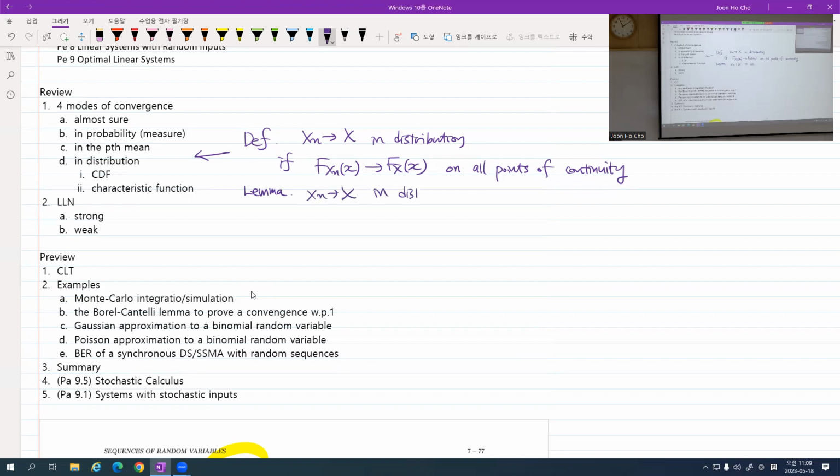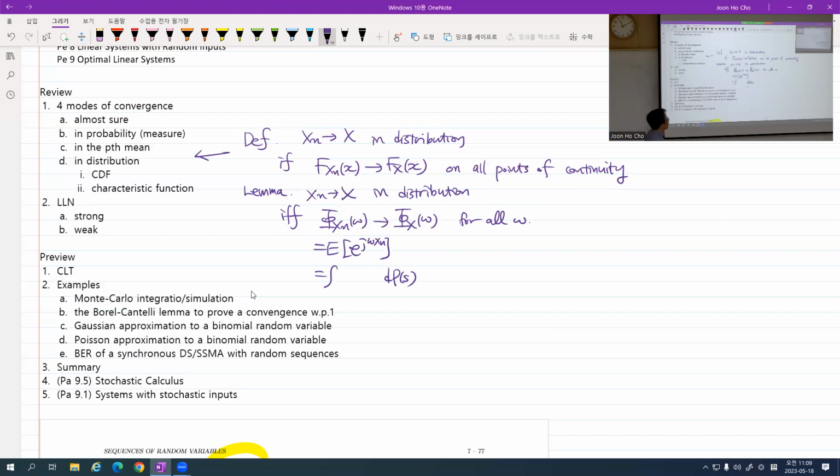The sequence of random variables converges in distribution if and only if the sequence of characteristic functions converges to the characteristic function of the limit random variable for all omega. Here, since this characteristic function is nothing but the expectation of e to the j omega Xn, which is again